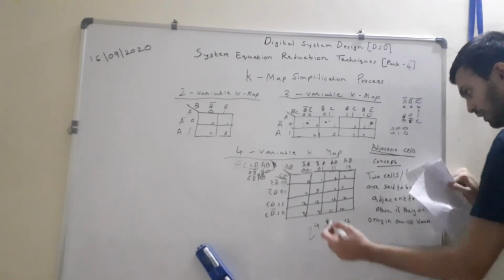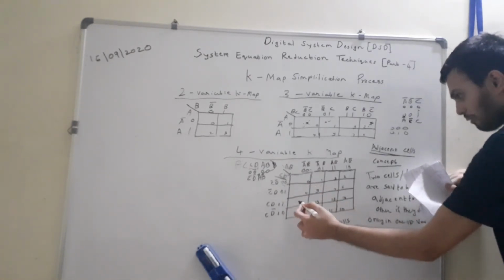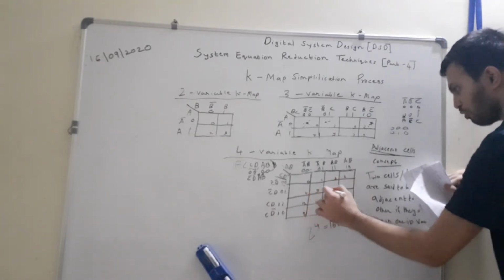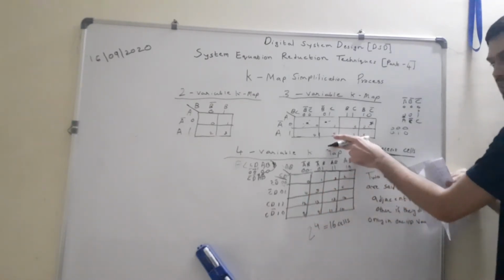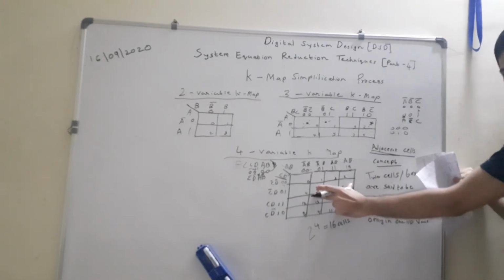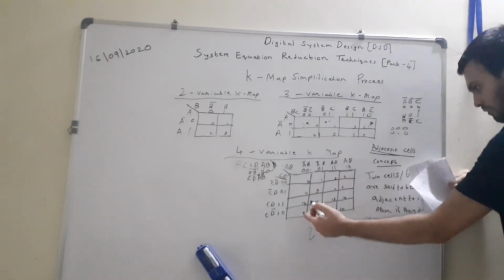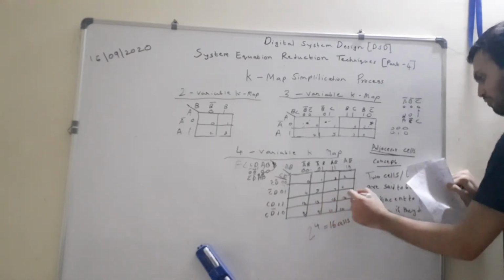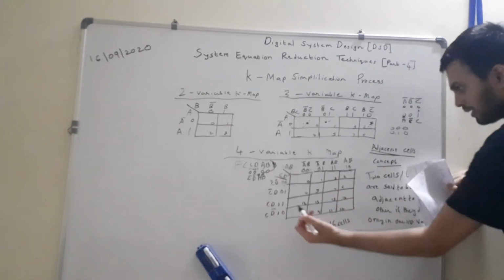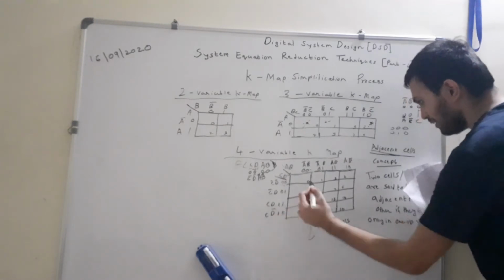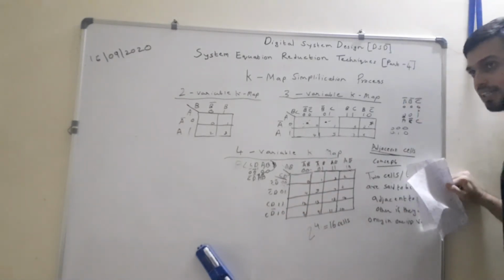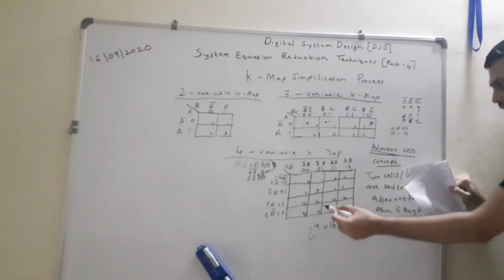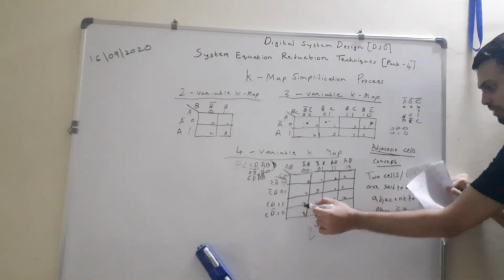Now understand this particular law. This is all about reading only. Now see, here we have 0 1 2 3 4 5 6 7. This is our normal 3 variable K-map, first 2 rows. And now understand this particular law. After 4 5 6 7 I have written 12 13 14 15. How, I will show you. Now here we have 1 1 0 0. Now what is the decimal equivalent of 1 1 0 0? Tell me from this one. 12. So that's why 12 comes here.